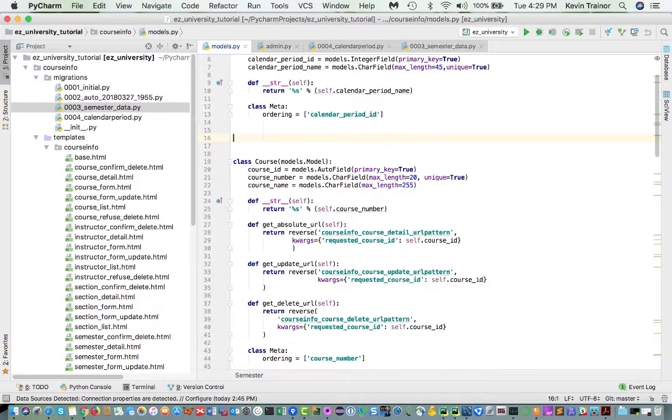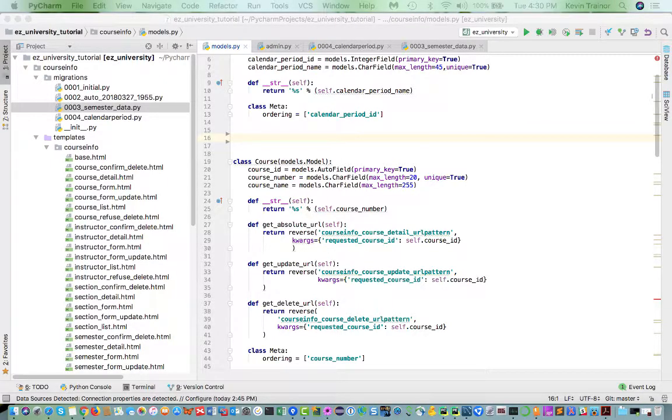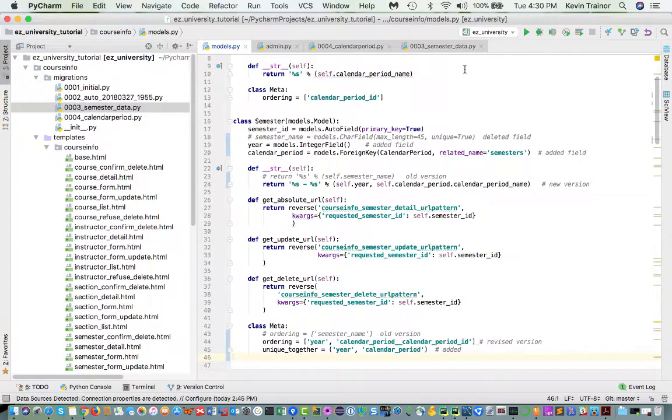So I'm going to delete this, and I'm going to copy over from my already baked one. And I went to the trouble when I previously baked this one of throwing some comments in to make it